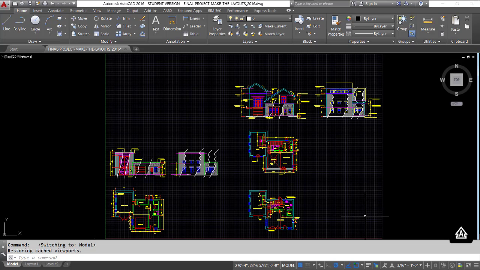Hello and welcome. Boston Architectural College, AutoCAD 1 2D drafting, and in this video we're going to start setting up our layout sheets, our paper space layouts with a border, which we should have made by this point using blocks